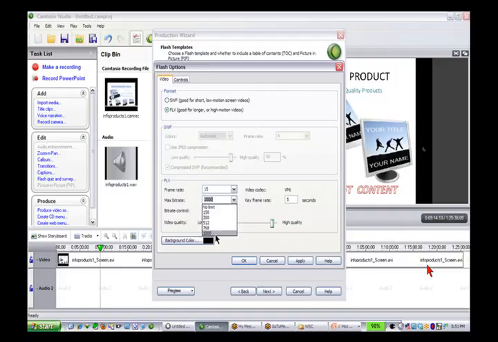Your bit rate, I would change to 1,000, and you want to keep it constant. Again, that's CBR, constant bit rate. Keyframes, every 5 seconds, low motion. VP6 is the codec. In Camtasia Studio, you'll have a choice of different codecs depending on which version of Camtasia